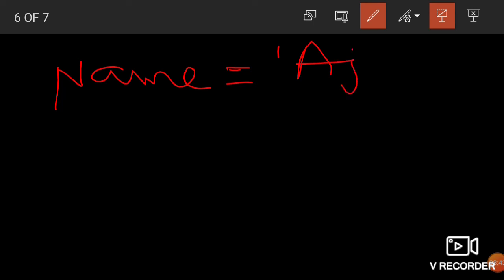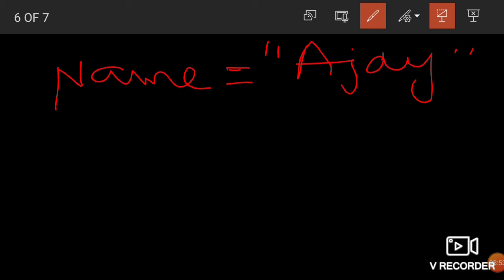I am showing you: name is the name of the variable, and I am writing here Ajay. I enclose this in single or double quotation marks. So this is the string data type.